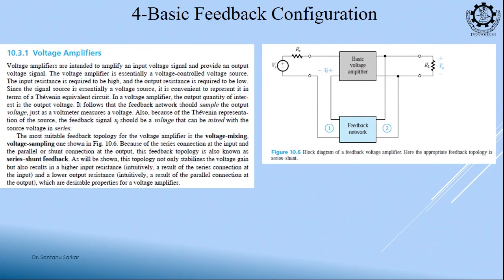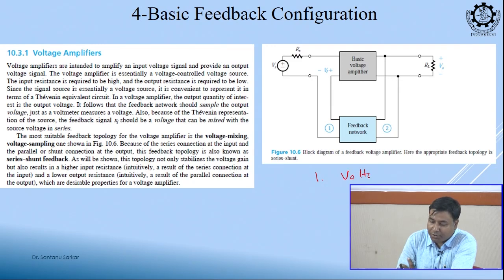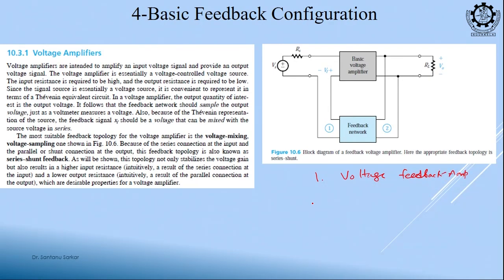Now, we discussed last day that we have 4 basic types of feedback configurations, and one type was voltage feedback amplifier, right. Next is what? Current feedback amplifier, next transresistance, next transconductance. So, 4 configurations,